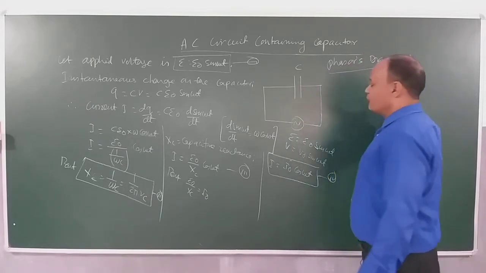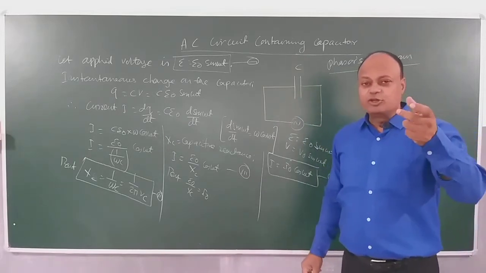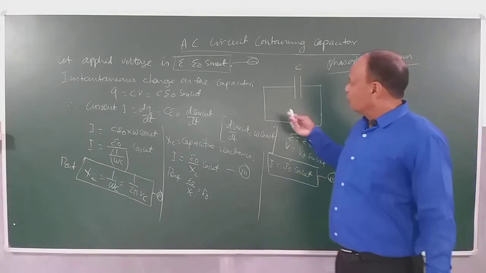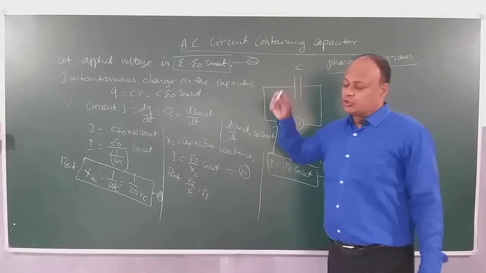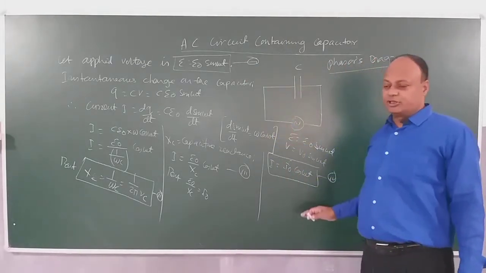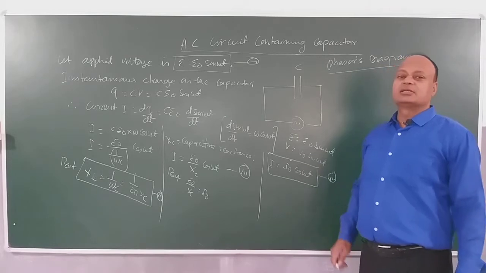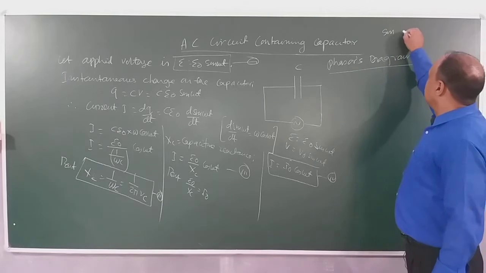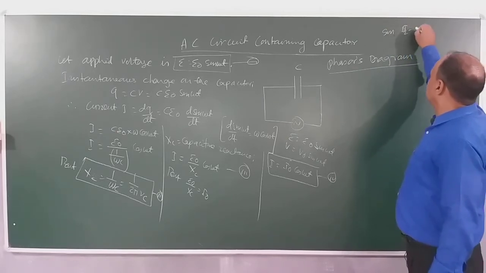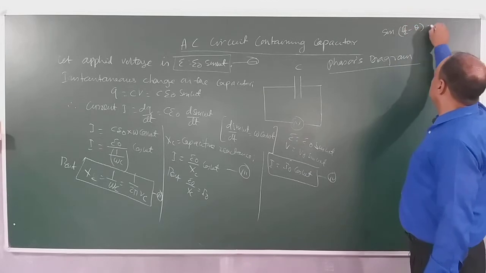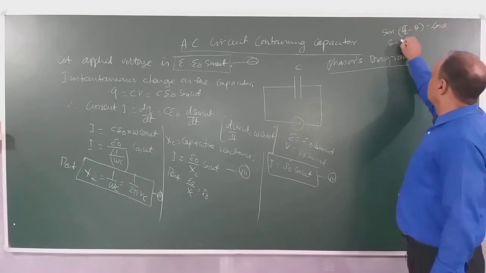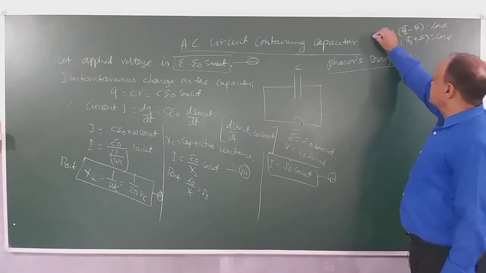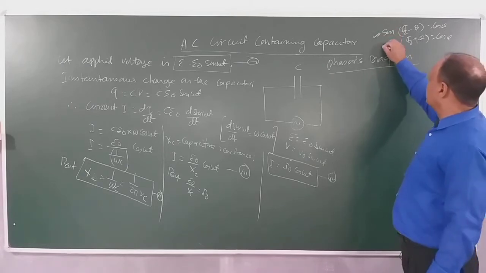Children, for understanding the phasor diagram in this case, we need to see that current we have represented as a cosine function and voltage as a sine function. So for comparing the phase relationship between these two, I must write current also as a sine function. If you are a mathematics student, you know sin(pi by 2 minus theta) is equal to cos theta, and also sin(pi by 2 plus theta) is equal to cos theta. So the question is whether we should use this for sine conversion or this.